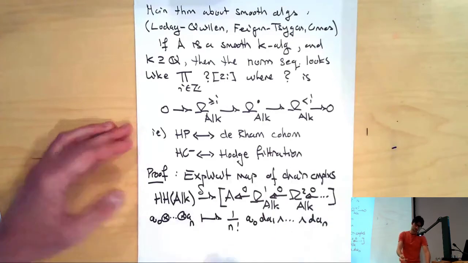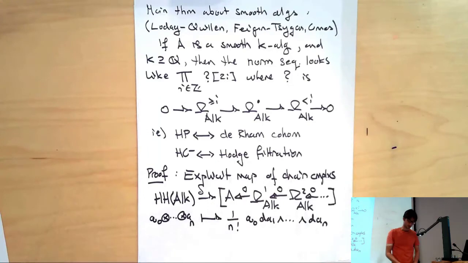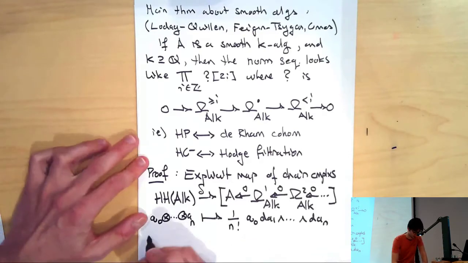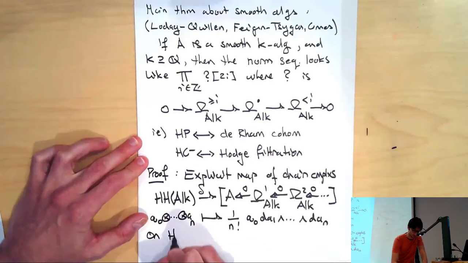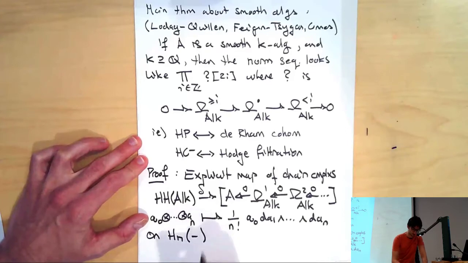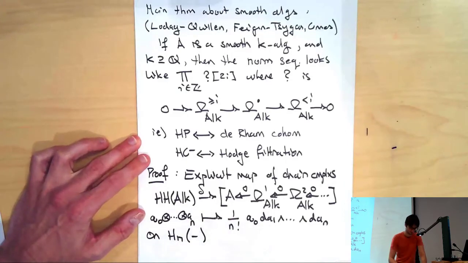So one checks that this is indeed a map of chain complexes. So that is to say, what do I need to check? I need to check that if I apply the boundary in the Hochschild complex, and then I go over to the de Rham side, that I get 0. In fact, one needs to check, but one just does it. It's an explicit calculation. And taking homologies on both sides, so on each homology group Hn,